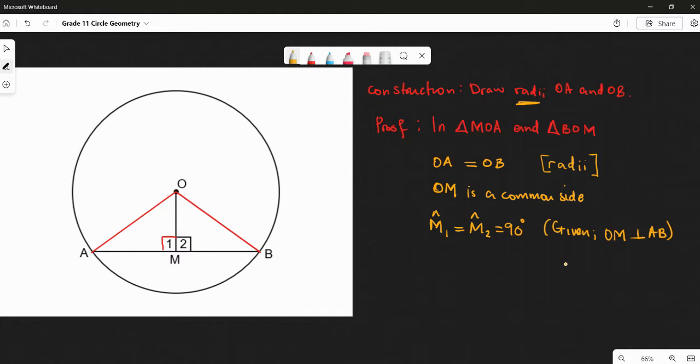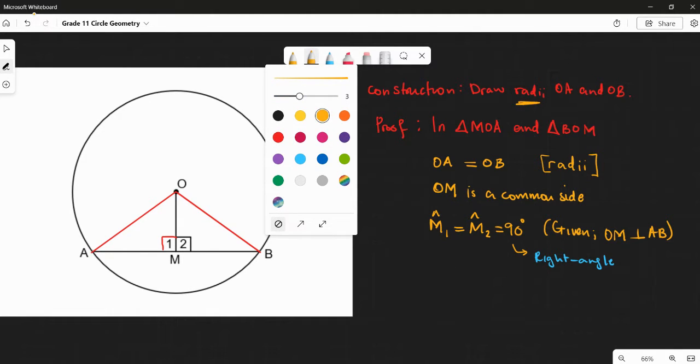What do you notice now? We have OM being equal to OB, a side. OM is a common side, and M1 and M2 are equal, so that is an angle. But look at the type of angle that we have here. It is a right angle. Let me just use a different color. So this is a right angle. So we can now conclude to say